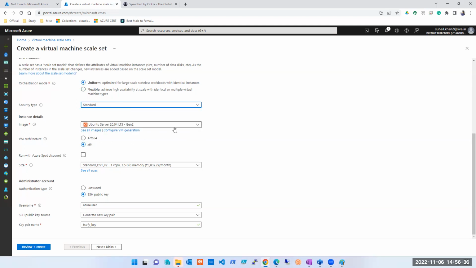Here is the image. If I select Ubuntu or anything, this is the basic image I'm getting. There's nothing in this image. So is it useful for me? Maybe on that I create my website and put some criteria, and later when machines are increasing, it will be created as a plain Ubuntu machine. It won't have my data, so it doesn't make any sense.